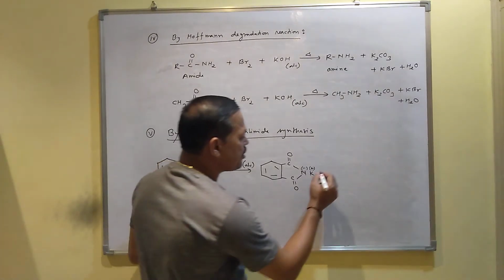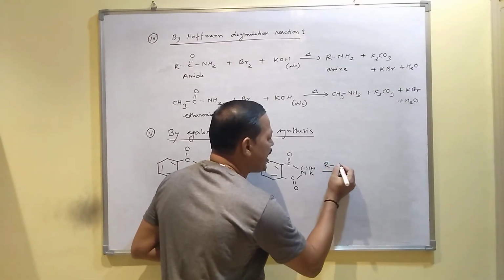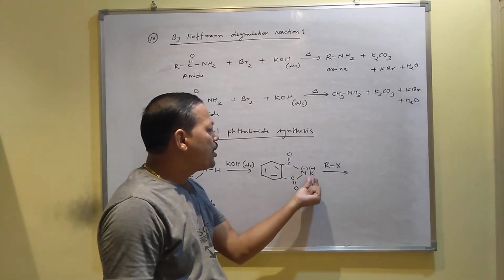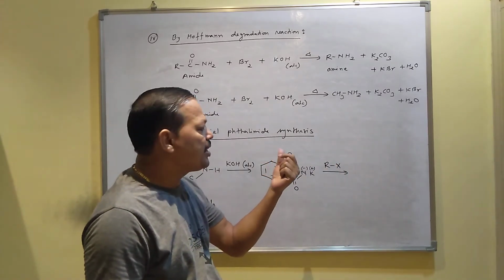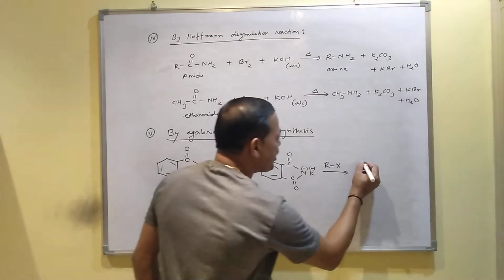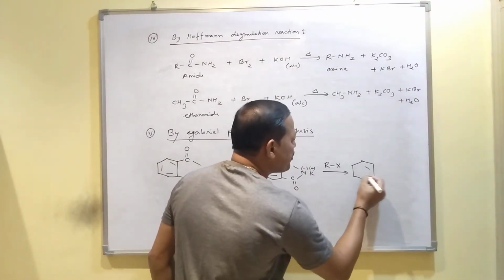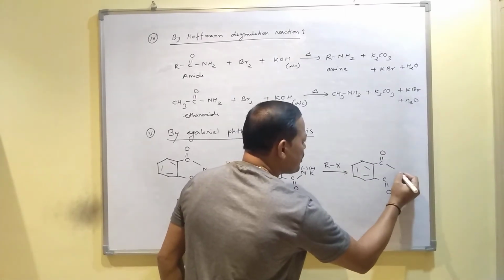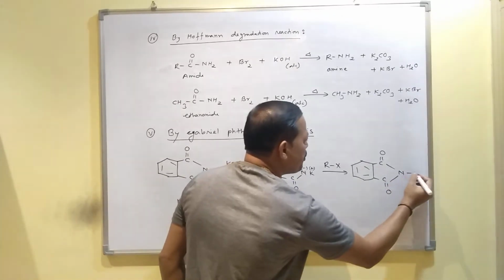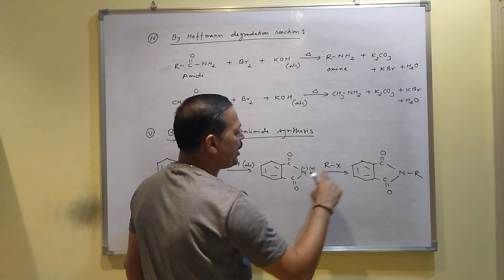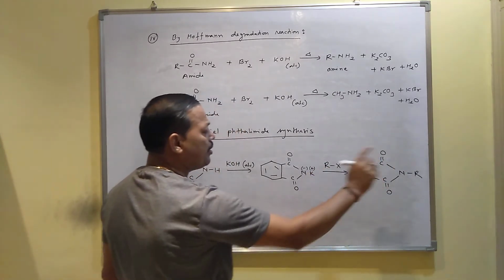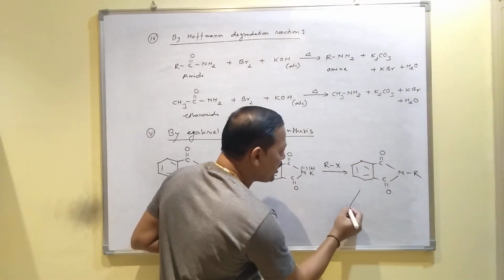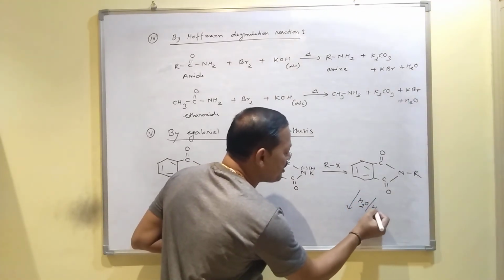After production of this, you apply one haloalkane, RX. When you apply the haloalkane, the halogen combines with potassium to produce KX, I mean KCl, KBr like this, and the compound will convert like this. The benzene ring remains the same, this part remains the same, the carbonyls, and this N combines with your R. K combines with X to produce KX and R combines with N to produce N-R. After that, you have to do hydrolysis. This reaction is called Gabriel phthalimide reaction.